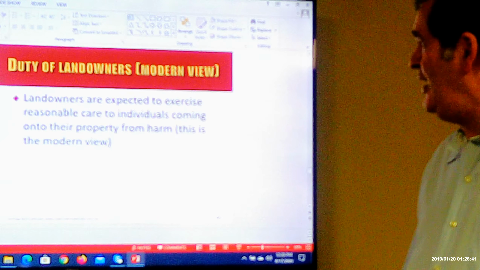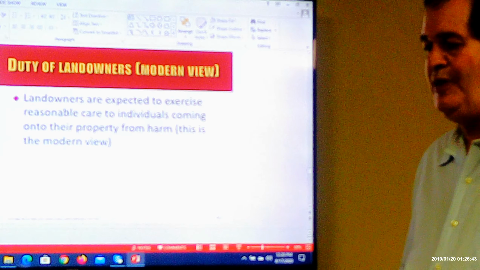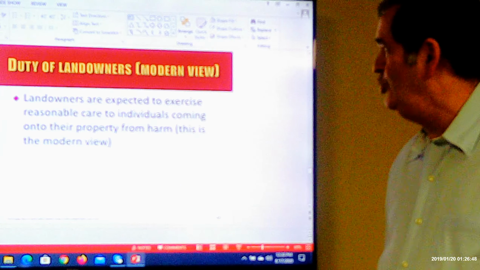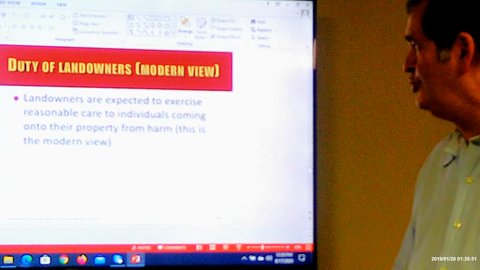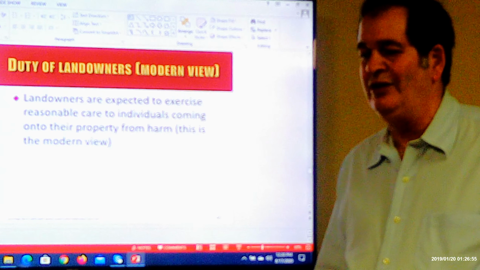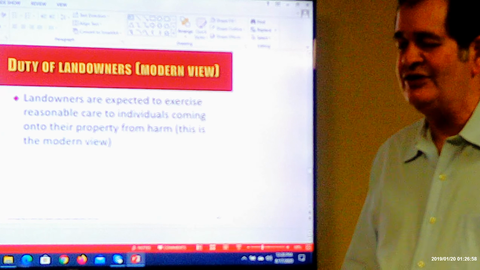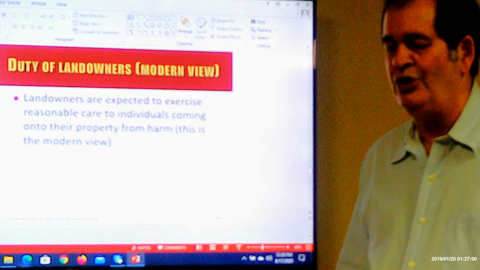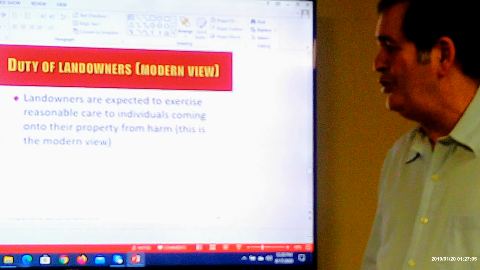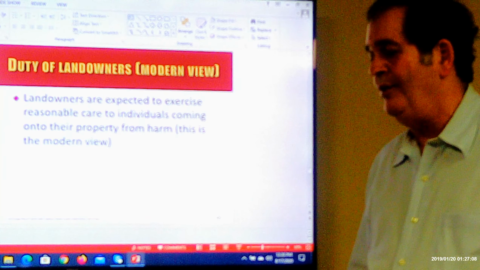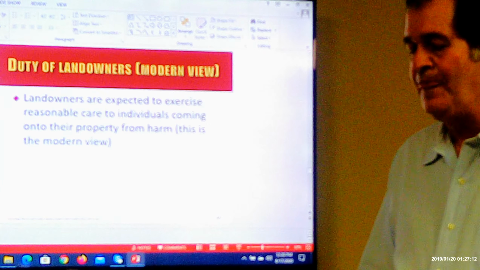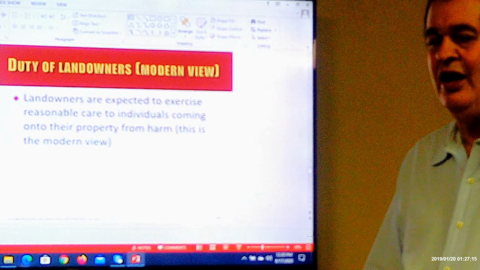Okay. Landowners have certain duties to people who come on their land, which we talked about before. They're expected to exercise reasonable care to individuals coming onto their property. Historically, the law drew distinctions between licensees and invitees. More states today are doing away with that and applying one simple standard like you have here. One of the growing areas of law, which falls generally into the area of negligence, is the area of